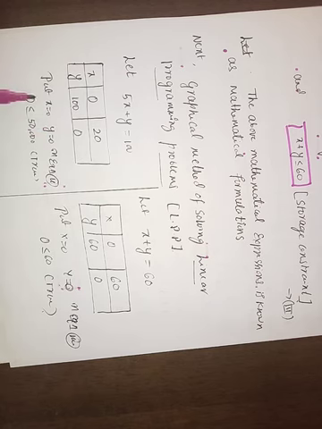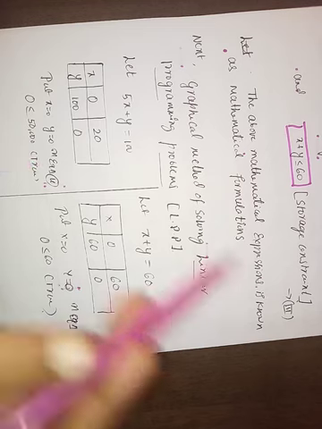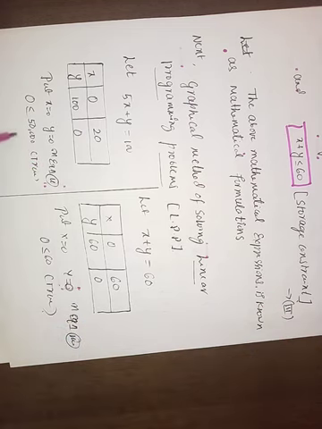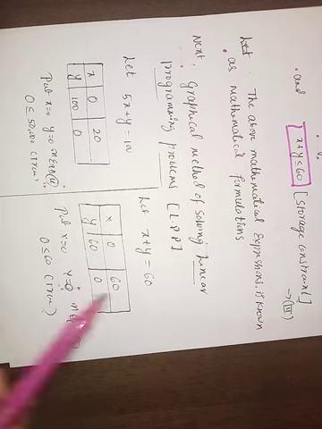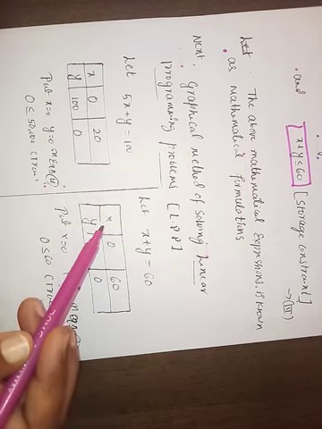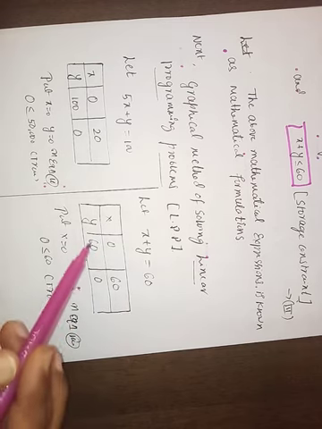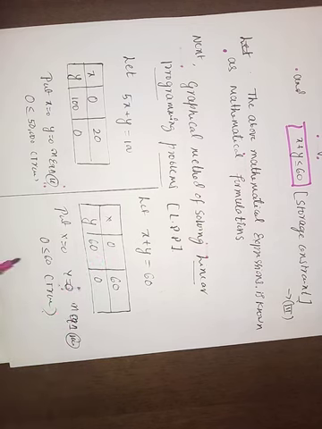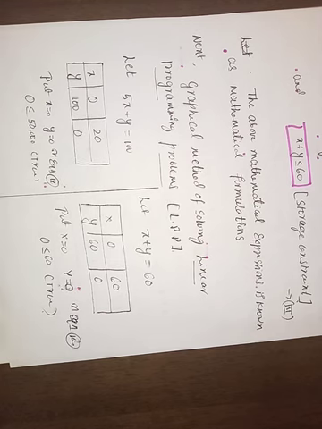Next, substitute x equal to 0, y equal to 0 in equation 2, we get 0 less than or equal to 50,000, true. Means the solution doesn't exist at the origin. Remember that. Next, x plus y equal to 60. Again we'll get x is 0, y is 60; y is 0, x is 60. Again put x equal to 0, y equal to 0 in equation 3, we'll get 0 less than or equal to 60, true. Means the solution doesn't exist at the origin. In both the cases the solution doesn't exist at the origin.